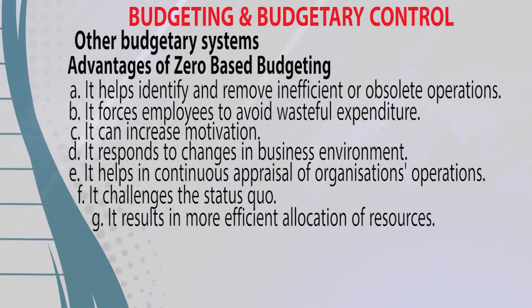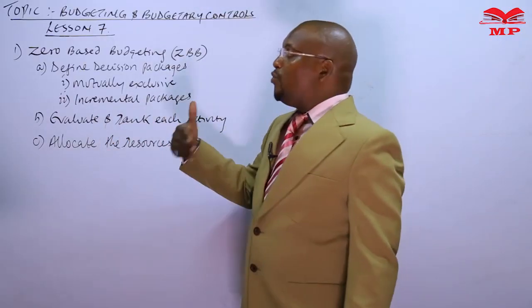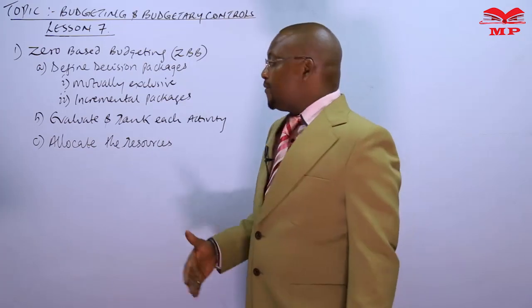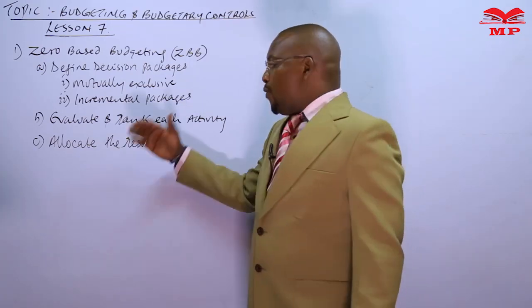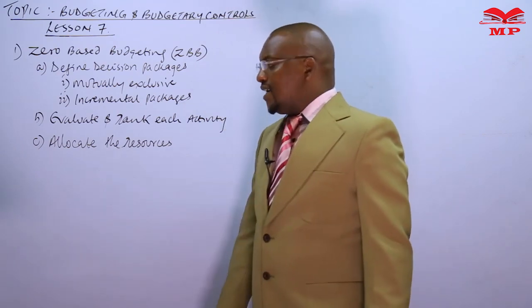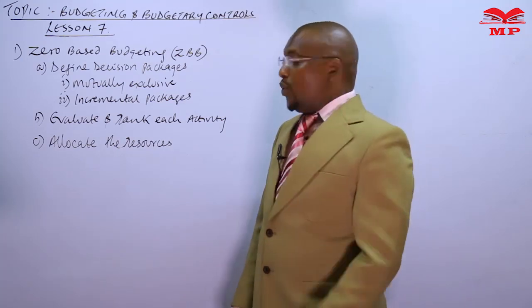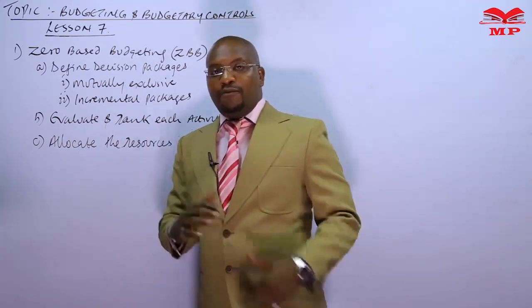Next is about forcing employees to avoid wasteful expenditure, which is true, because we are doing everything afresh. And if you are used to doing the same thing, wasting time, we are going to realize that is wasteful, and we are going to avoid it, and therefore give some new